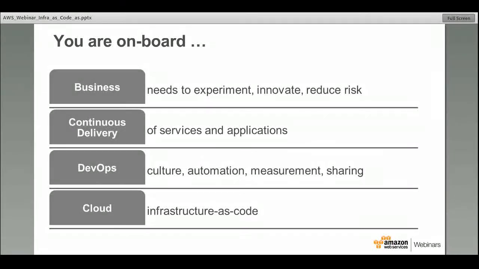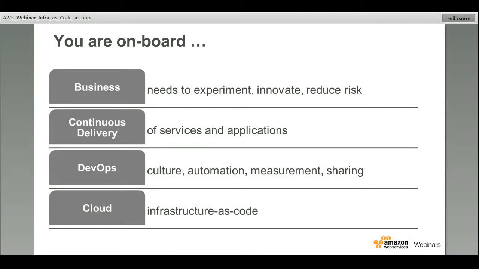It allows you to make incremental changes, test them in the field, and make changes dynamically for things that need to be adjusted. The whole DevOps philosophy supports that continuous delivery model through automation, better collaboration, sharing, and measurement of things that you are running in production or in any other environment.